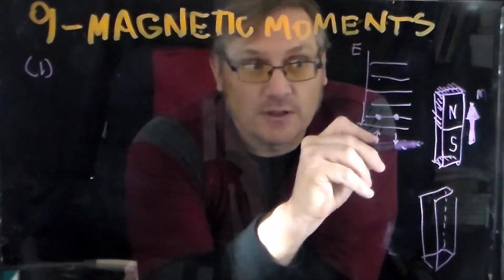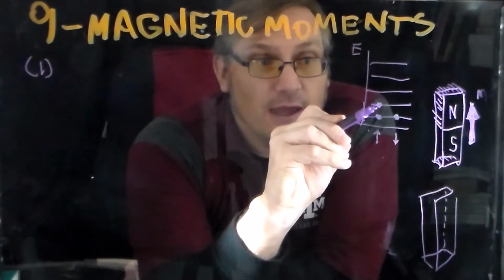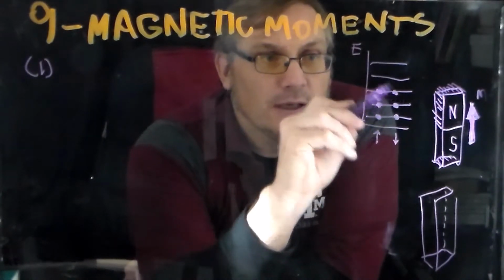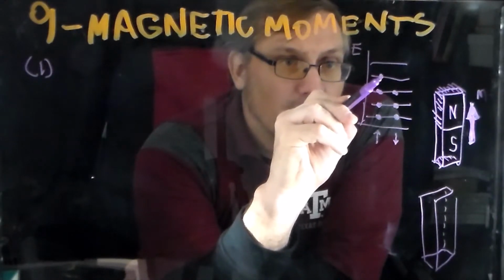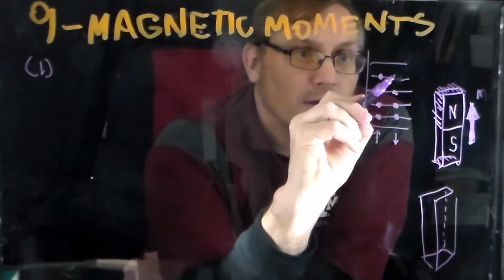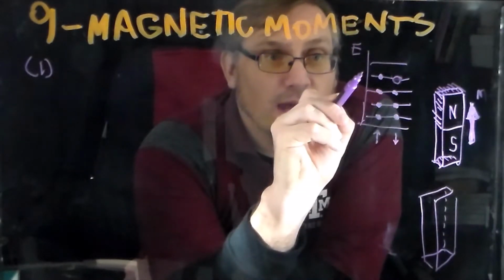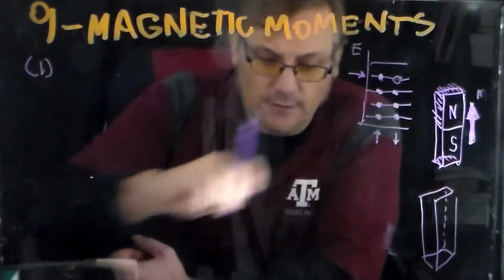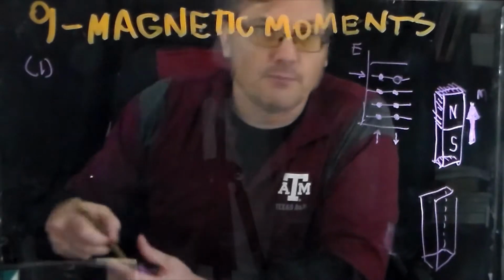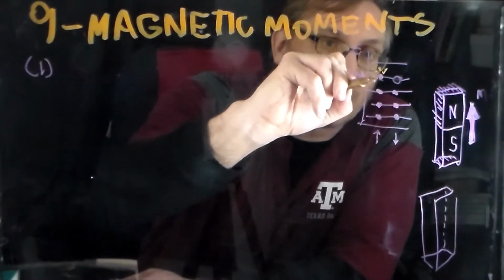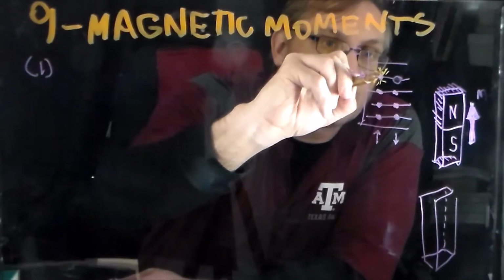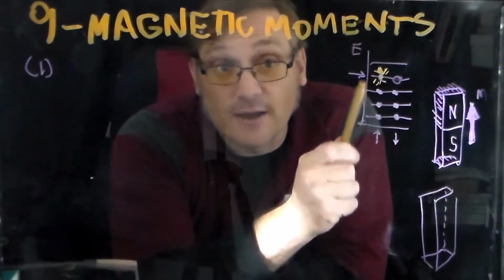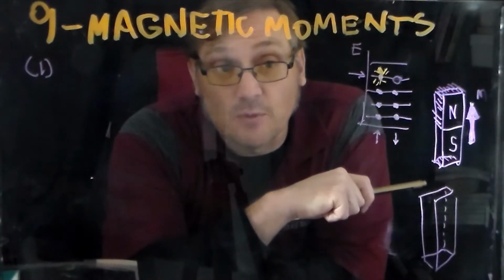So actually that cancels out as far as the magnetic moment is concerned. And then go to the next level, and up and a down. Next level, and up and a down. And then maybe we'll get to a level where we have an up, but we don't have any down. That is my unpaired, uncompensated electron right there. That is this electron right here. Let's find a pretty bold color here to highlight it. This electron right here, with its magnetic moment going up,